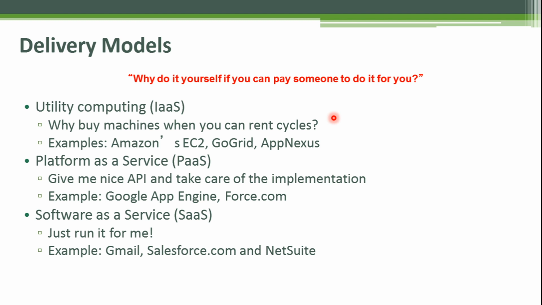So typical examples are Gmail, Salesforce, Yahoo Mail, NetSuite, OneDrive, Google Drive, Dropbox, Box, etc. And on top, I have written, why do it yourself when someone else can do it for you? This is a typical method used in organizations: you don't want to invest more resources in doing something which somebody else has already done and is willing to do for you. So utilize the resources wherever you see somebody else doing it for you.